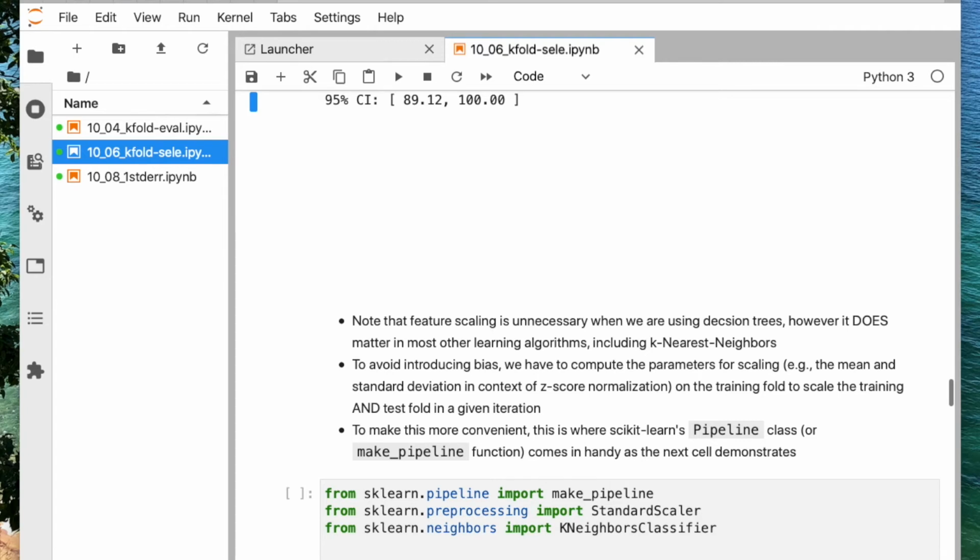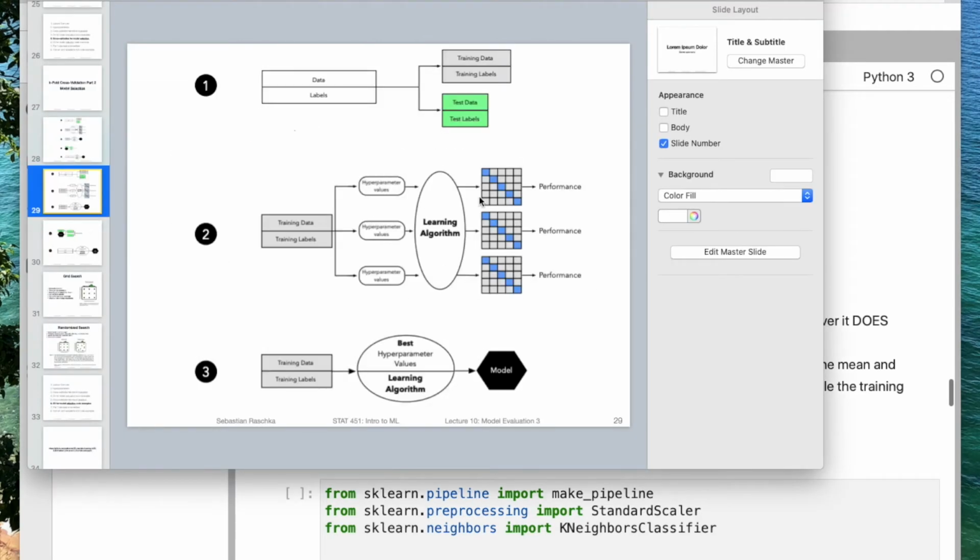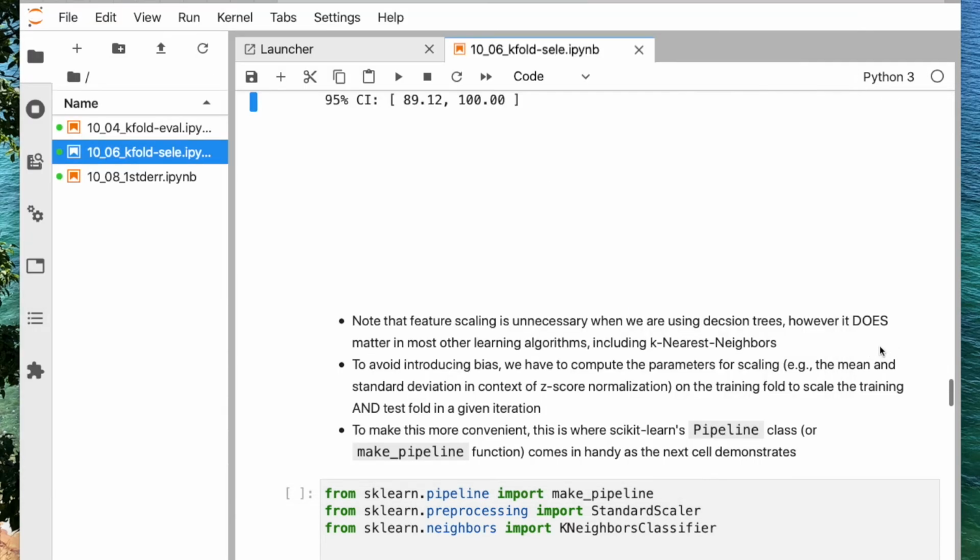So for k-fold cross-validation, if I go back here, we would also derive for each round the values, let's say in standardization, the mean and the standard deviation from the training folds, and then use those to also transform the validation fold. So how can we do that concept with scikit-learn and grid search?